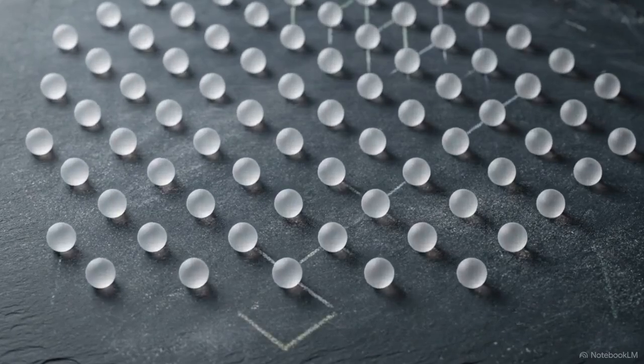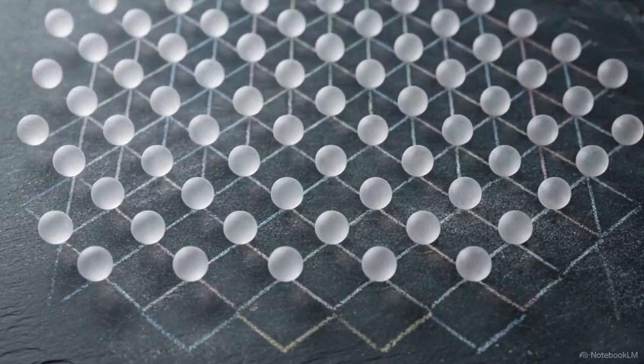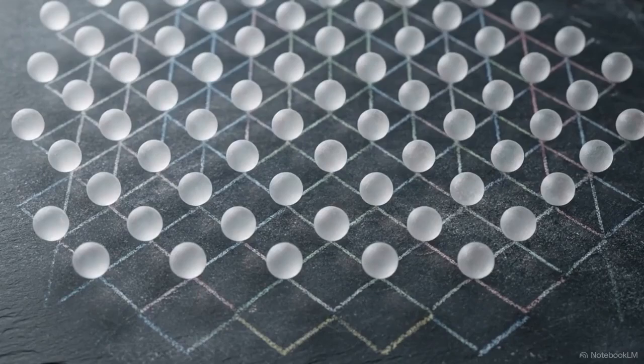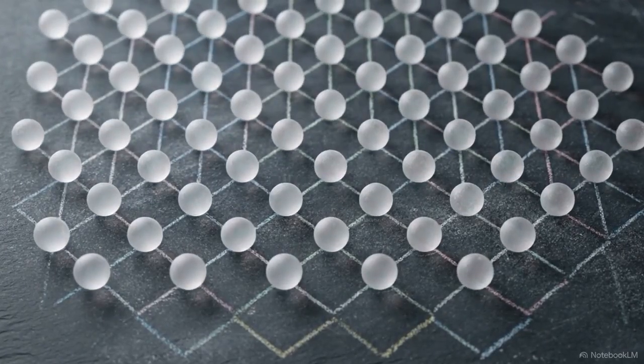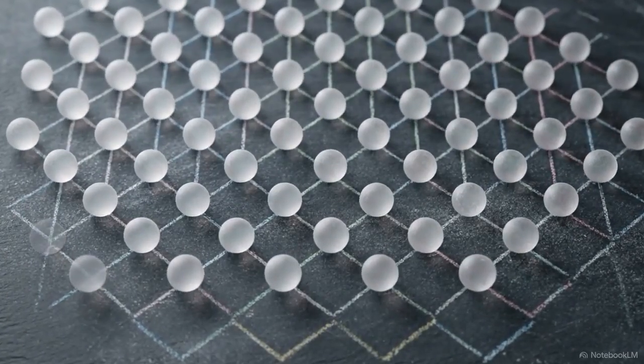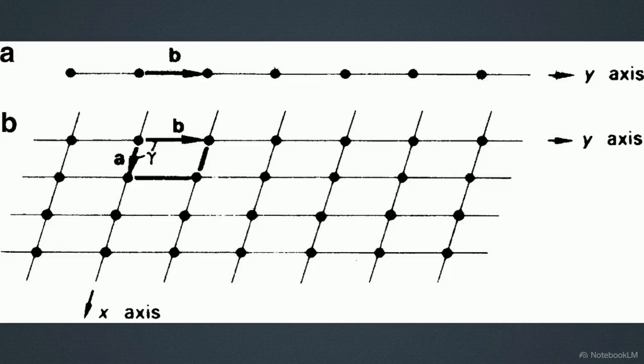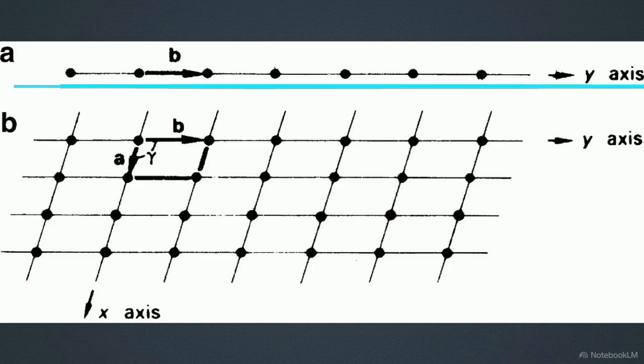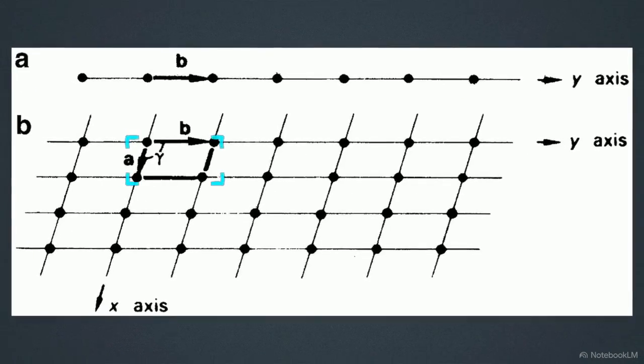A crystalline solid is defined by absolute periodicity. It's a repeating atomic motif driven across 3 dimensions by the vectors of an infinite lattice. This diagram illustrates the foundation of that geometry. A one-dimensional row of equally spaced points serves as the baseline, providing the translation interval that stacks to build higher